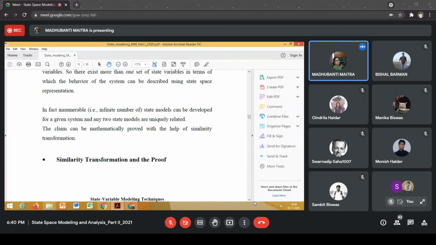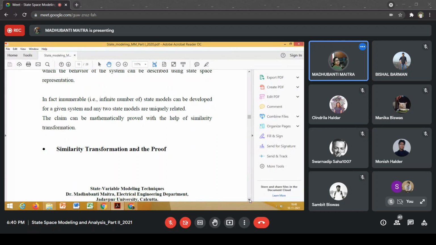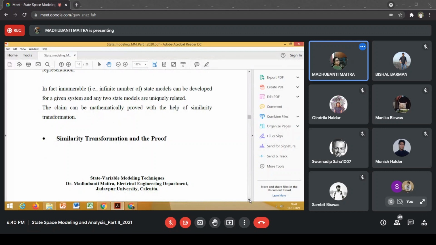Now, in the state model, x is the state vector, x1, x2, x3, xn. These are the n components of the state vector, and u is the input vector, and y is the output vector,